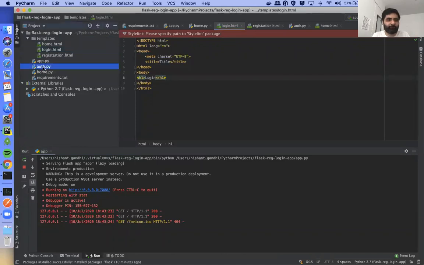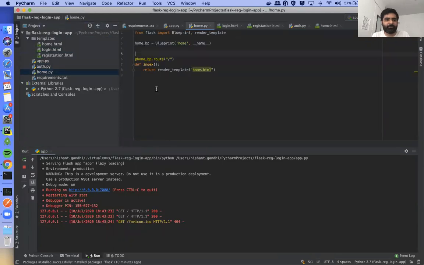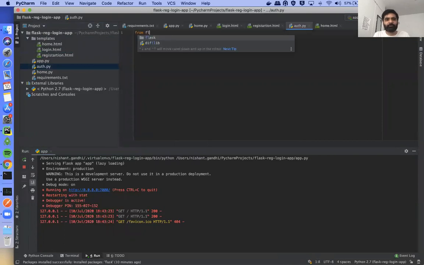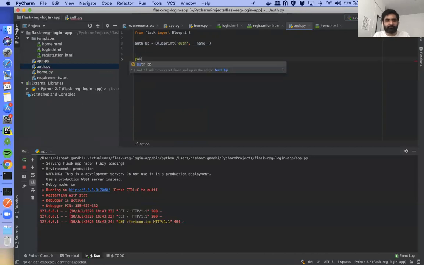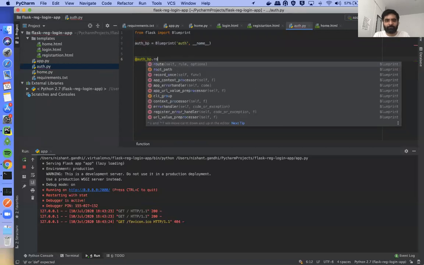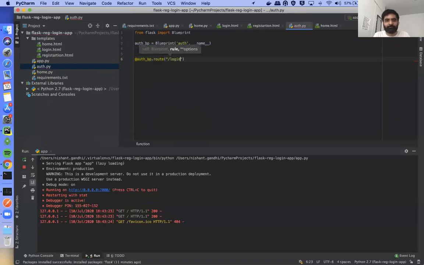So everything is connected, and then we start adding all the features on top of that. Now same drill here also in auth.py, like home.py, where we create the home blueprint. For the authentication, we can do the same thing. From Flask, import Blueprint, auth blueprint equal to Blueprint. We'll call this auth. And so what all do we need? First thing we need is of course login. So auth blueprint dot route, and we're gonna call this login,